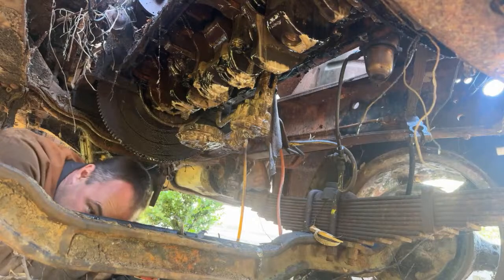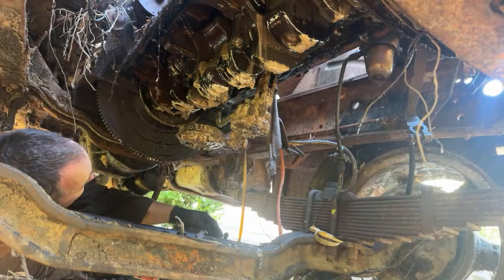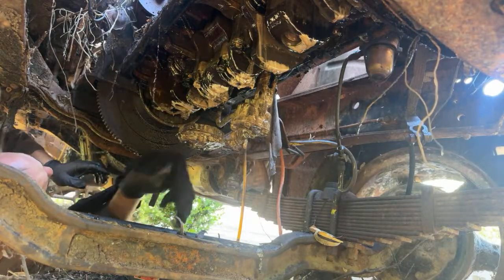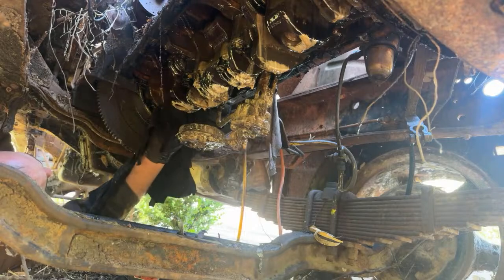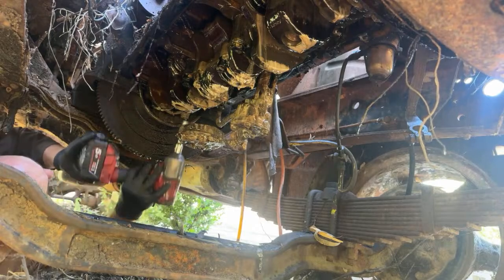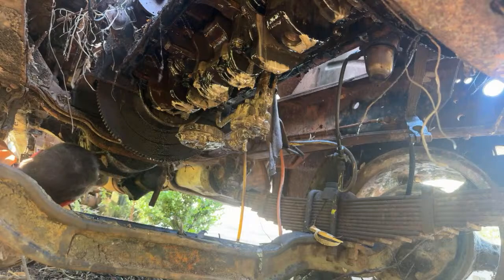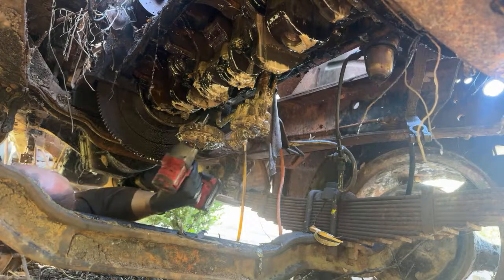Worried about the timing gears because they would have been submerged and then not again, so they got rust on them, I'd imagine. But it's sort of hard to see under here with no bonnet. I can see the daylight up through there and it's making this harder to see. I should have got my headlamp. Probably take too long to go and get it. I can guess. It's not really professionally how I'd strip an engine down with a rattle gun, but